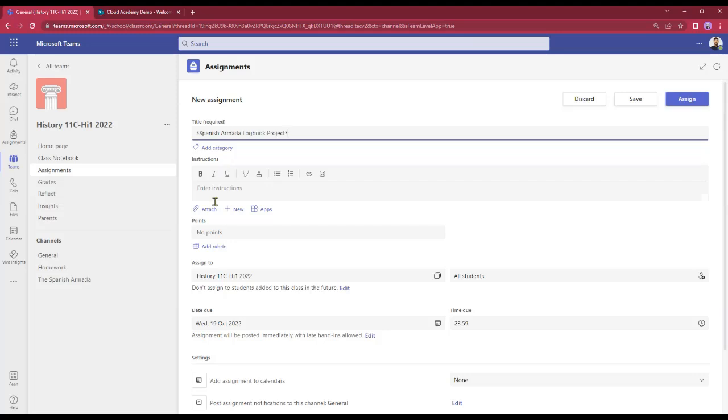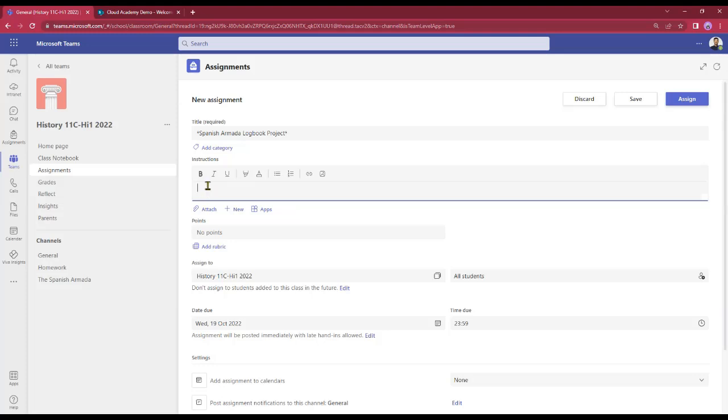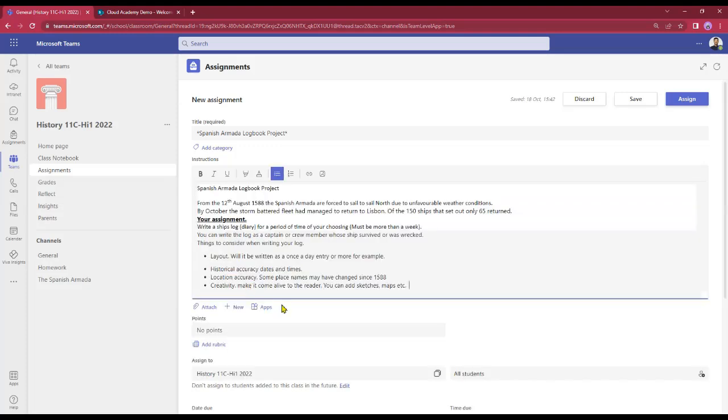I'm not going to bother with a category. However, what I do need to do is put in some instructions, so I need to be able to tell my students what's required of them. I've got some pre-made instructions, and we're going to add that in there for them. The next bit that we need to add